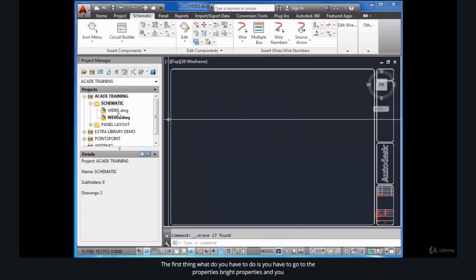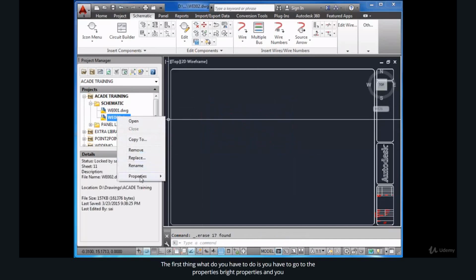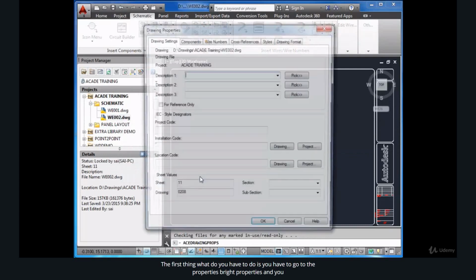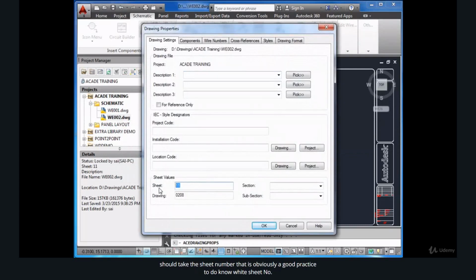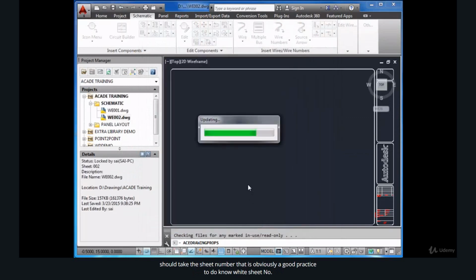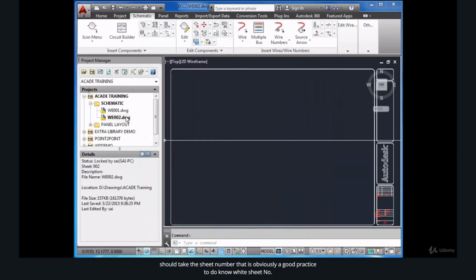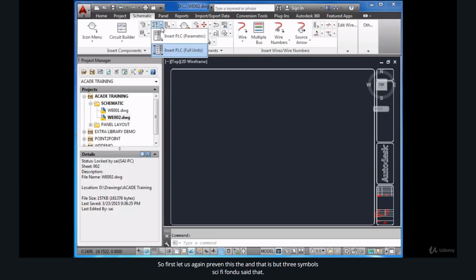The first thing you have to do is go to the drawing properties and change the sheet number. That is always a good practice to do. Now my sheet number 2 is ready. So first let us again rewind this thing,